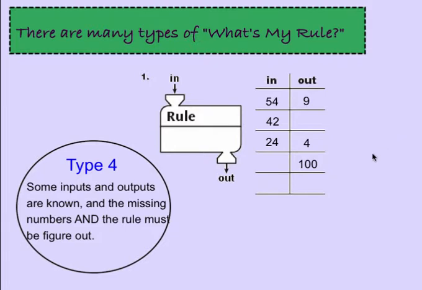A fourth rule is a little bit trickier, and you really got to use your noggin for this one. We know some of the inputs, and we know some of the outputs, but we don't know some of the outputs, and we even have a space to make our own on the bottom here. So in this case, we have to find both the rule and some of the missing inputs and outputs. Now, in order to do these, when you are missing the rule and you're missing some outputs and inputs, what is helpful to do is to look for the ones that are filled in both the input and output. And these are what you're going to use to help you find the rule